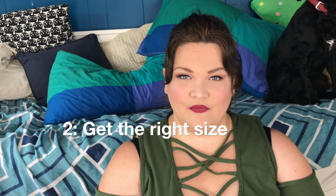If the underwear cuts in, the shapewear is not going to be able to do what it needs to do. So there is no point wasting your money on shapewear if you have not made sure that your underwear fits you properly first. Then number 2 when it comes to shapewear is make sure you get the right size of